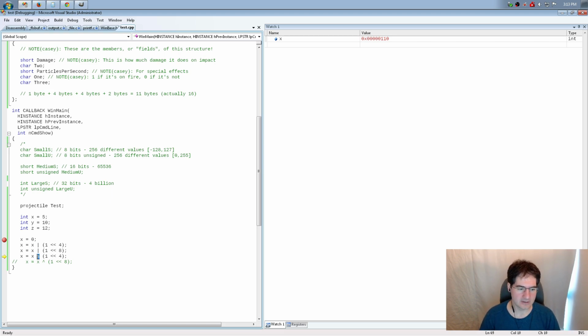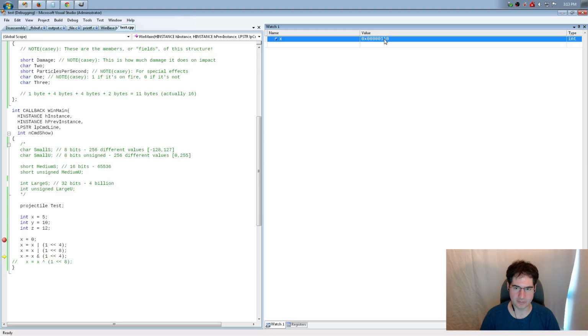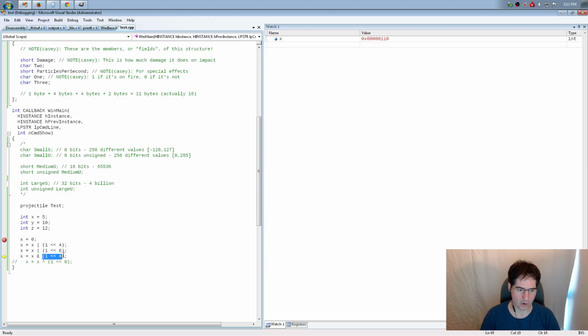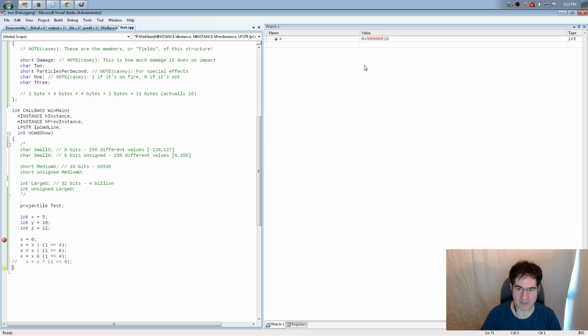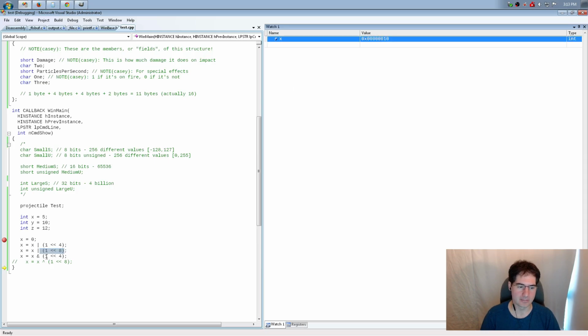Now AND does sort of, I don't know what the correct set theory term is for the operation, the inverse, the contrapositive, the whatever. It basically does a similar operation, but instead of setting the result when either of its operands have a bit set, it requires both of them to have that bit set. So I've got this coming in as x, 2 bits set here, but the thing I'm ANDing it with only has this 1 bit set, the 4 bit set. So when I AND them together, it essentially clears out that other bit that we set, the 1 shifted up by 8. That one gets knocked out by the AND.